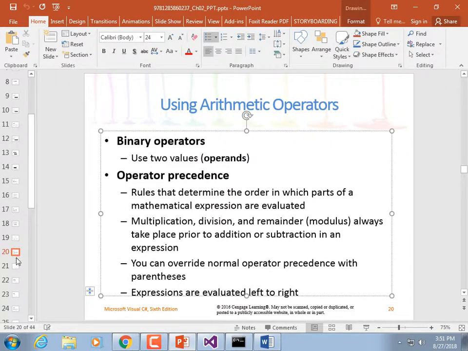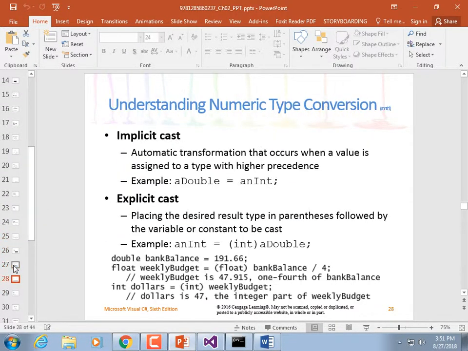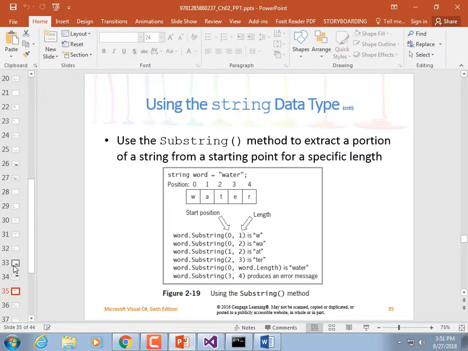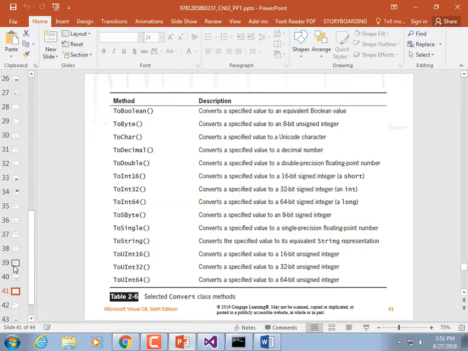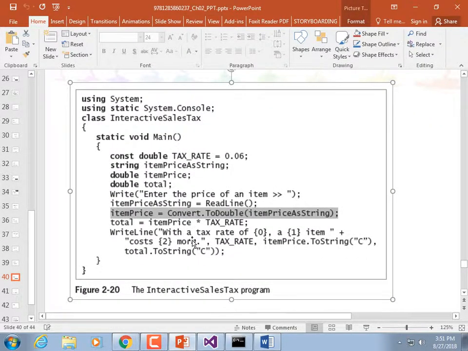Alrighty, I want to scroll down to where we're getting some input. Maybe that's short-sighted. But getting input is so cool. Accepting console input. We would have to go back or create a new console app in order to test this out. But here we're going to write. Interesting that we're not using... Using system means that we do not have to type system.write or system.writeLine. The word using tells it that we can just type the name of the method and then